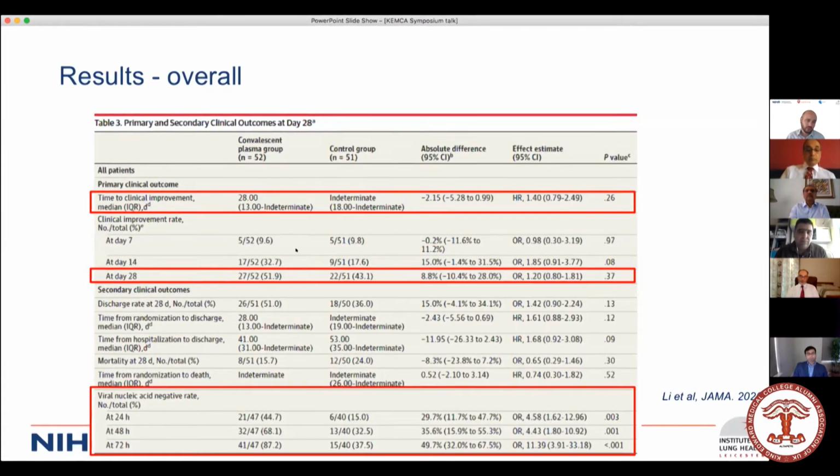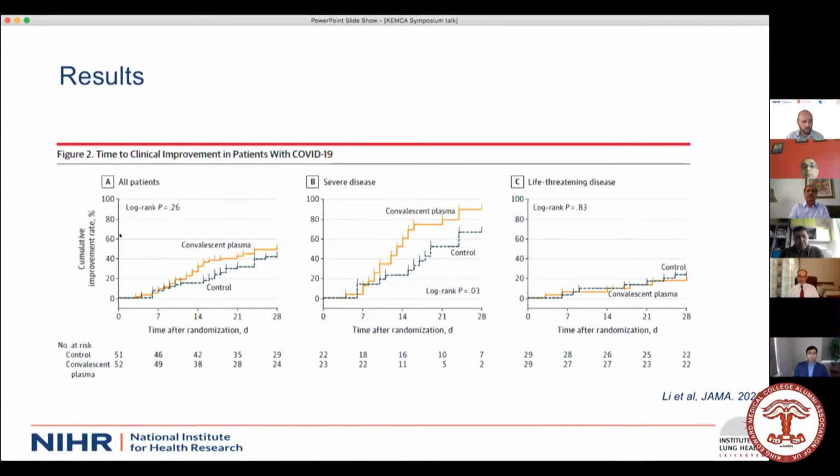Does that lead into clinical improvement? Well, not significantly is the answer. So those that improved in the plasma group took 28 days to recover. They couldn't work it out for the control group, but there was no obvious difference. What I would say is that there did seem to be some effect in those with severe disease, so needing oxygen, but not those who were ventilated. In ventilated patients, it seemed to be too late and absolutely no difference would do.